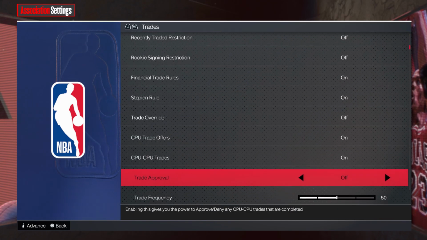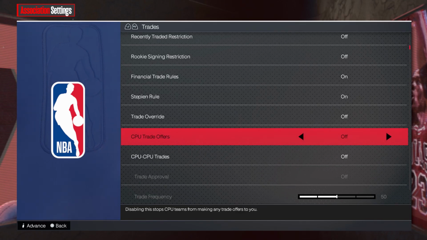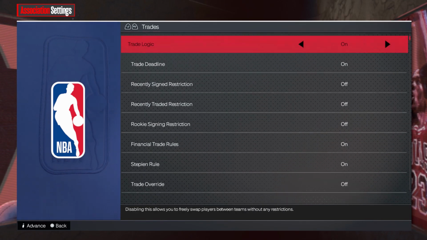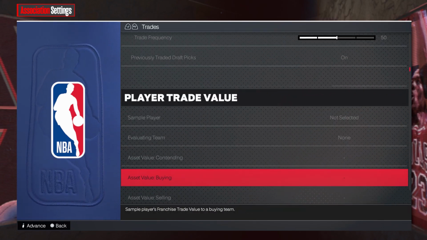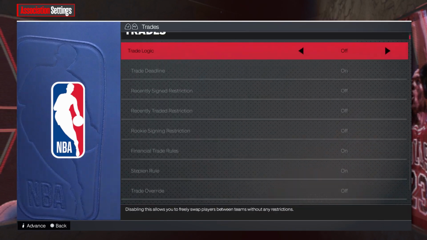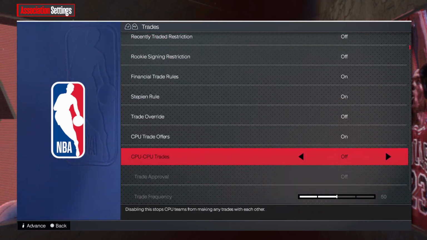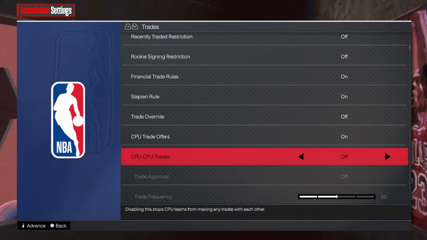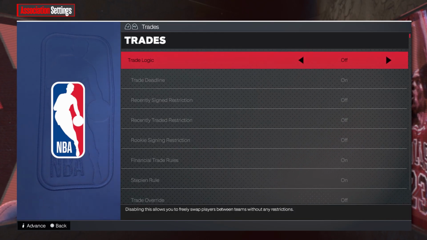You do not want that on, because just imagine Purdue trades Zach Edey to USC for Bronny James or something ridiculous like that. Completely out of your control. You definitely don't want college teams trading players, at least not during the season. So I recommend going ahead, turning CPU to CPU trades off, turning off CPU trade offers, and then you can turn off the CPU